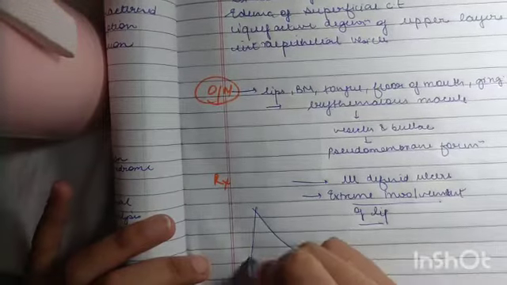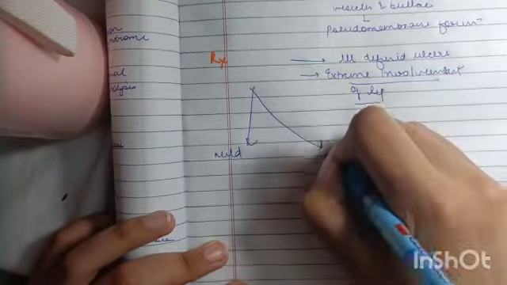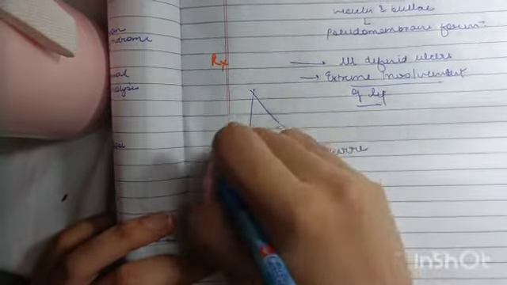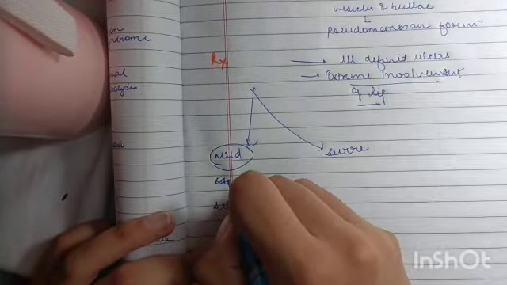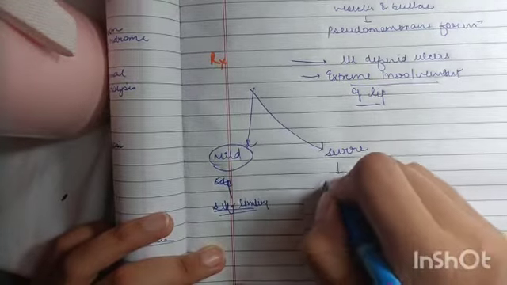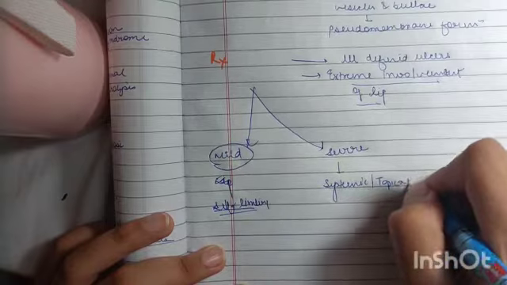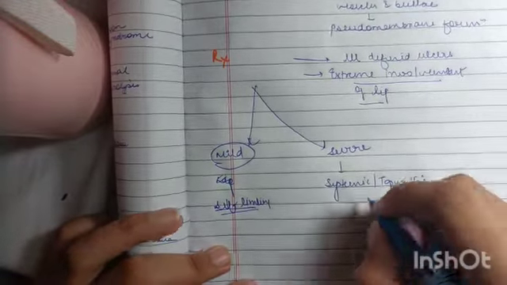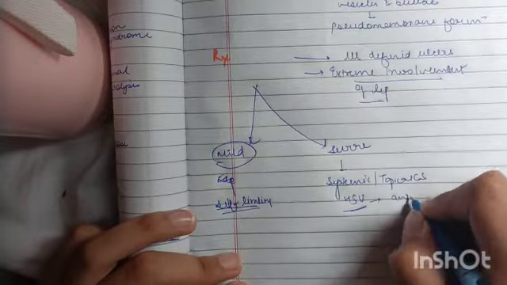All right. Now coming on to the treatment. In treatment, first we have mild and then we have the severe cases. In mild, as I mentioned in the definition, you must be remembering that it is self-limiting. So it will resolve on its own. But in severe cases, we have to give systemic and topical corticosteroids. Also, if it is associated with herpes simplex virus, then we must give an antiviral.